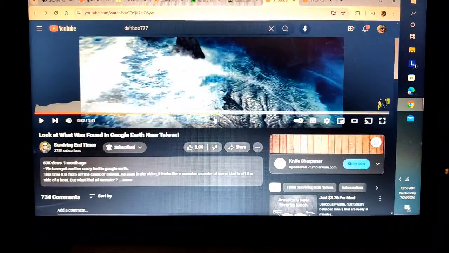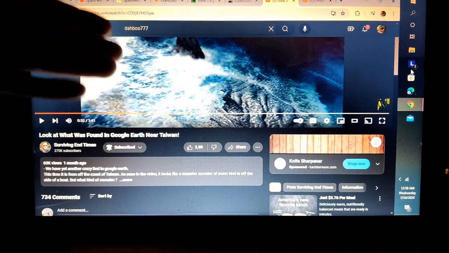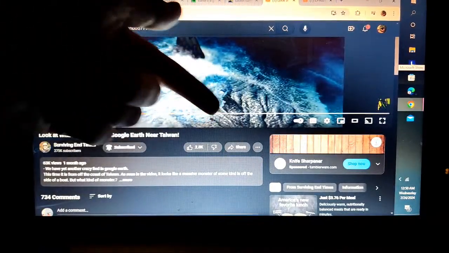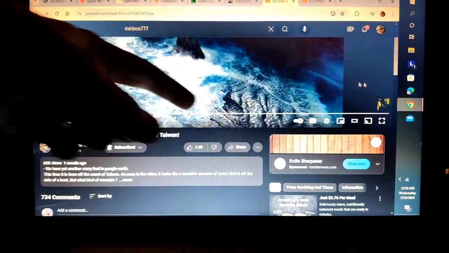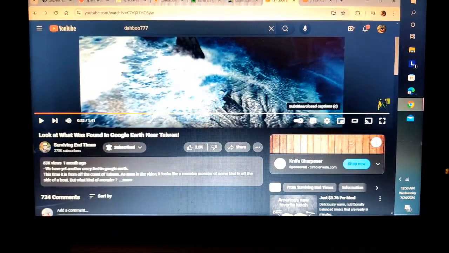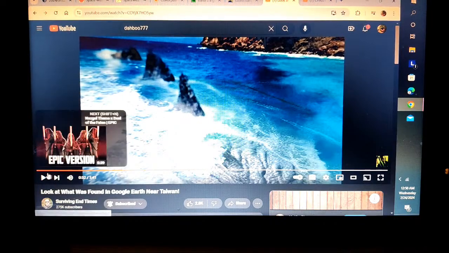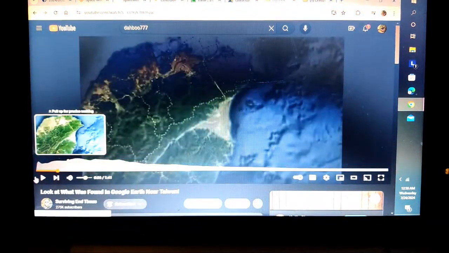Then when you get up to this, it just looks like a mound of rocks sticking out of the water. The water is coming and splashing up on these rocks here. It's not this creature moving. This is not leaving a wake. It is sitting still. The boat going by it is splashing wake on it. You see what I'm saying here? You can see the wake going out, further waves protruding out. This is a very interesting capture. Now, like he said, did somebody go into Google Maps and do this?